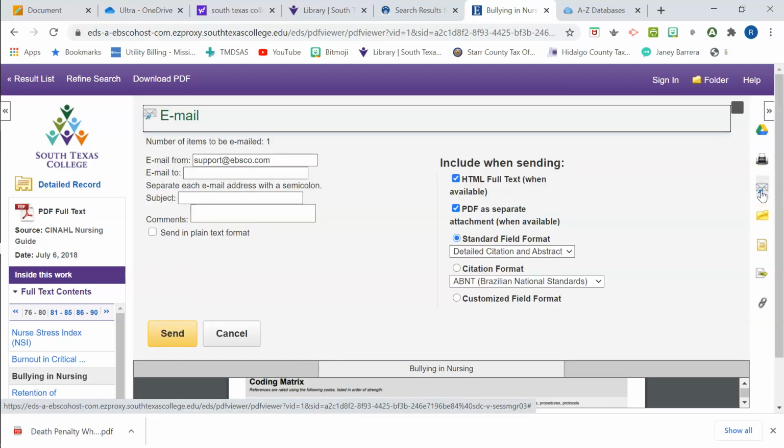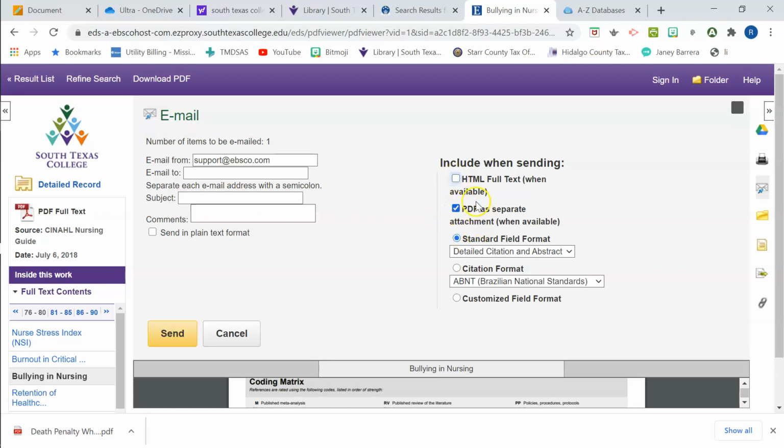This is really useful because I will tell you something that I've learned from experience. Sometimes you find something, maybe you even jot the title down, you think you're going to be able to find it later, and then you can't remember what database or what keywords you used, and it's super aggravating because you can't find the one thing that you're looking for or remember the steps that you took to get there. So one thing that you can do is email an article to yourself, and so you would come to this page, put your email address here, put some kind of descriptive phrase here so you know what it is and so you don't ignore it, and then you would go over here,